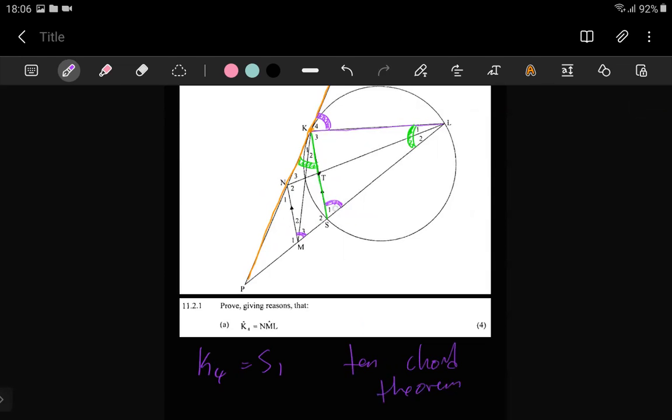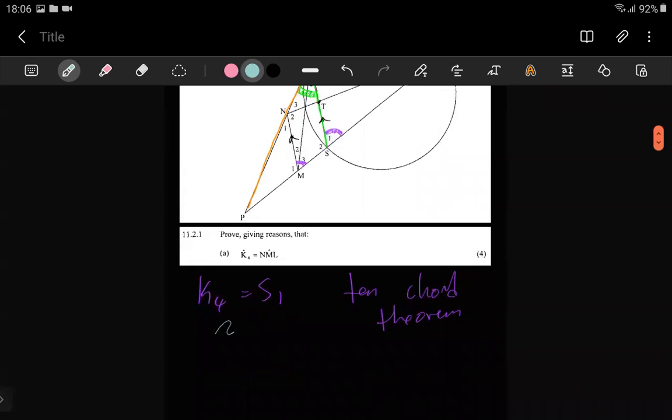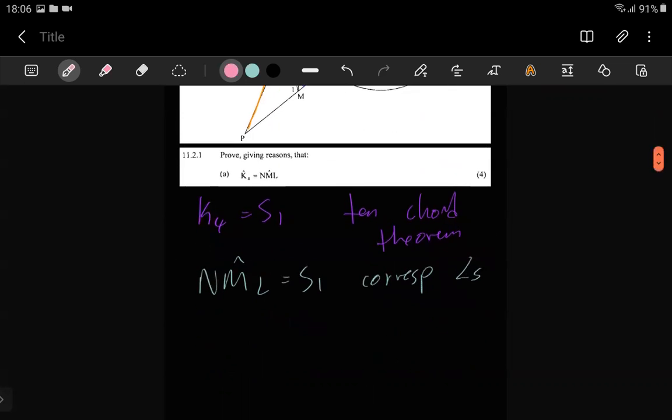And then, do you see that S1 is equal to NML there? These two are equal, because of corresponding angles, right? So here we can also say NML is equal to S1. The reason is corresponding angles. Now we have stated that they are both equal to S1. So as a conclusion, we can say therefore K4 is equal to NML, because